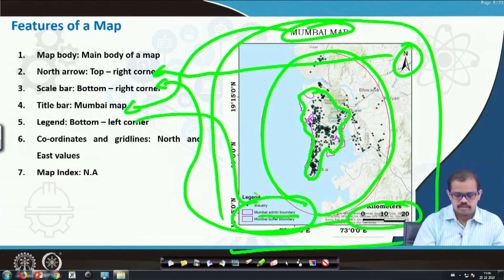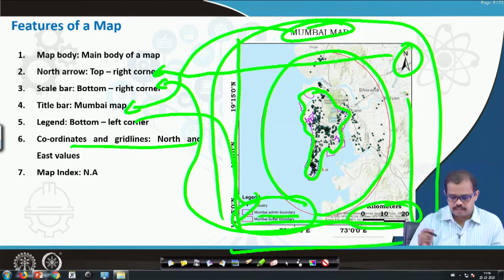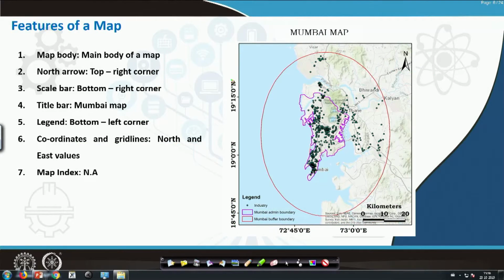So that is there, and then you have coordinates and grid lines. So if you see, this is also a grid line. So all these are grid lines. Let me erase all these things. These are grid lines. So you know this point, you know this point, you know this point. So obviously you can know this point. So similarly, these points are easily understood. Okay, so you know this, you know this.